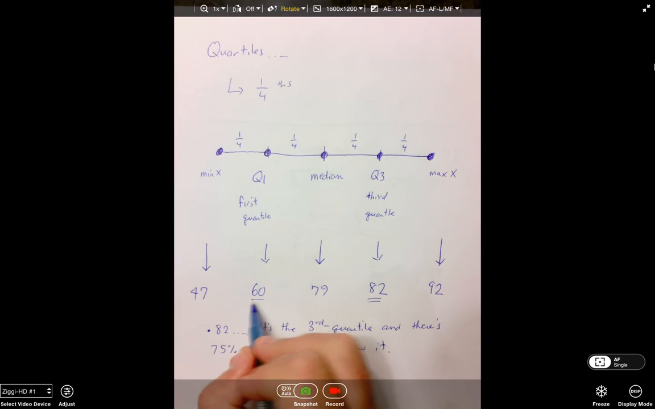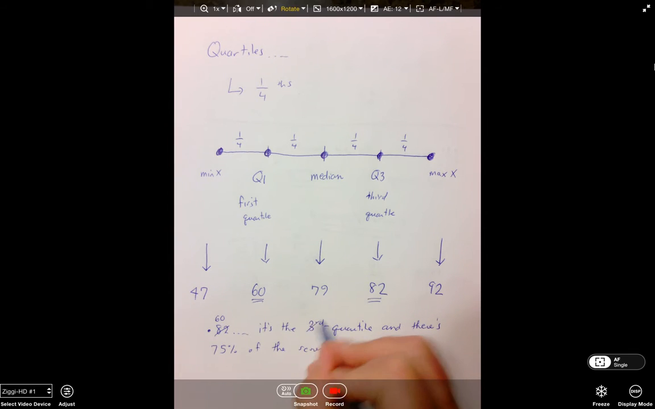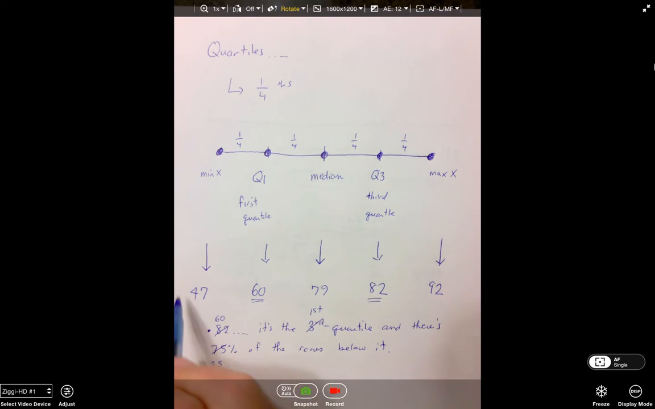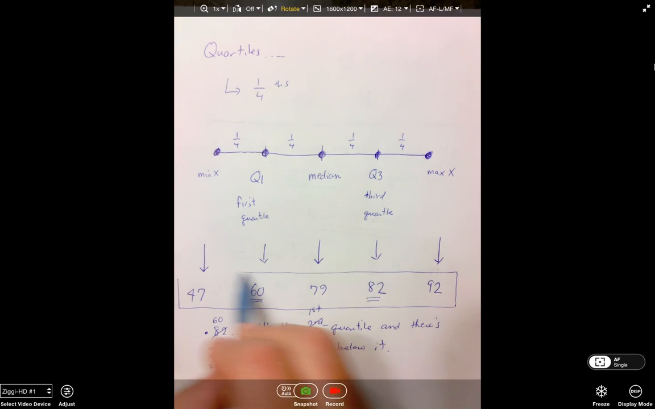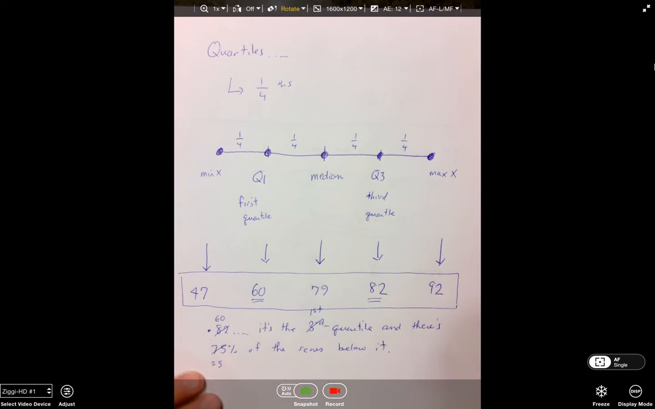How would we describe the 60? Same thing. It's the first quartile. And there's 25% of the scores below it. Now, guys, if you look at what we created right here, we created 5 numbers, didn't we? Statisticians aren't real creative, I tell you right now. And we give that a name